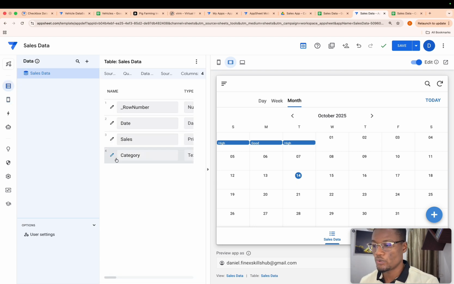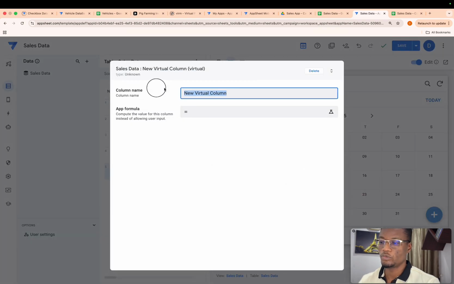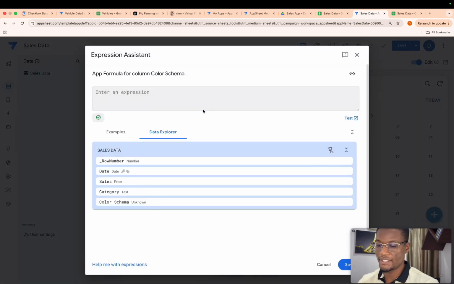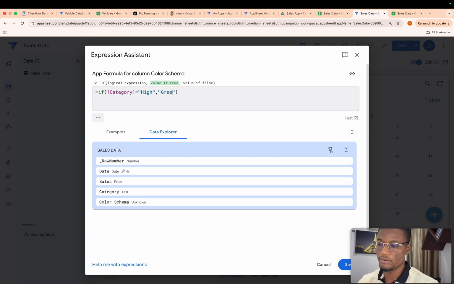Okay, so we'll come over here and then we'll create another virtual column. I'm going to call this color schema. Basically saying equal to if category is equal to high, I want you to give me green.